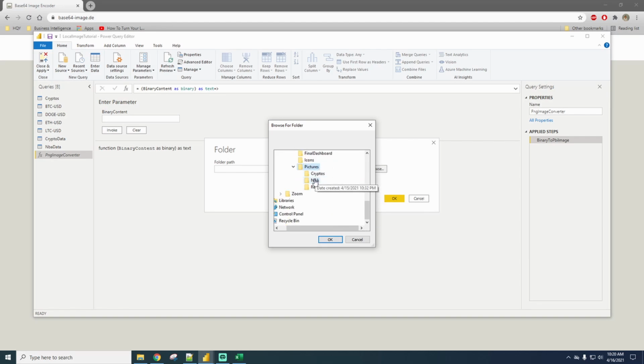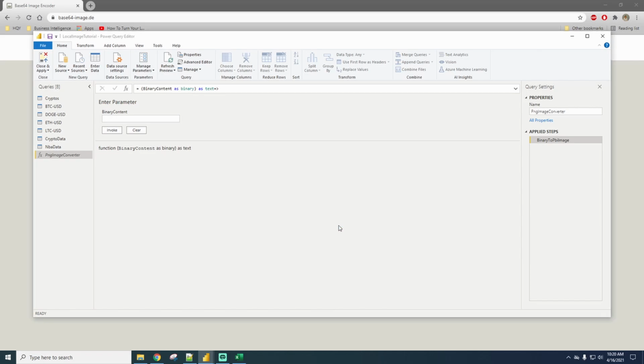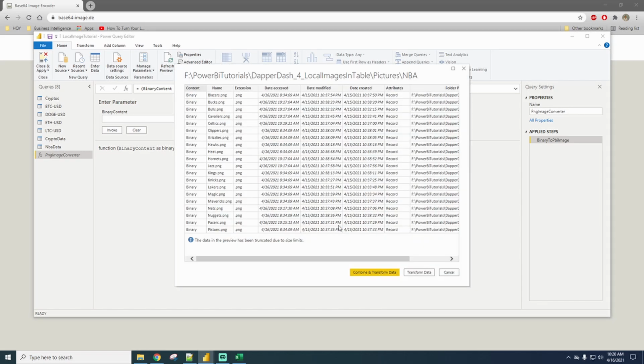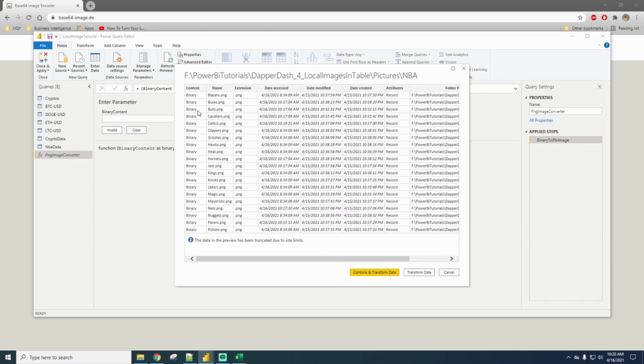So mine is the MVA images. I'm going to hit OK. Hit OK. Now when you get to this screen, the next thing you want to do is, so here's our binary data that we're going to convert into our base 64. So we're going to hit Transform Data,